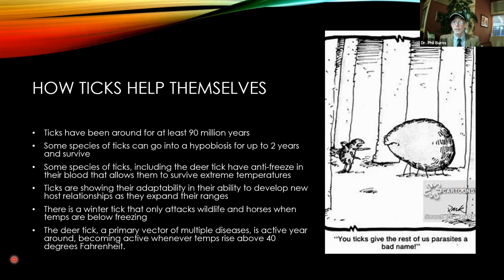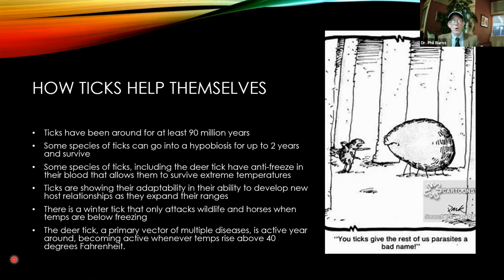Some species of ticks, including the deer tick, which is the main concern for us here, basically have antifreeze in their blood, and that allows them to survive the extreme temperatures that we have here in the Midwest. Ticks are showing their adaptability, like I talked about, to develop new host relationships as they expand their ranges. There is a winter tick that only attacks wildlife and horses when temperatures are below freezing. Actually, one of the main victims of this tick, to give you its potency, is the moose. They have wiped out moose populations, like in northern Wisconsin, on the island right off the coast of Lake Superior,